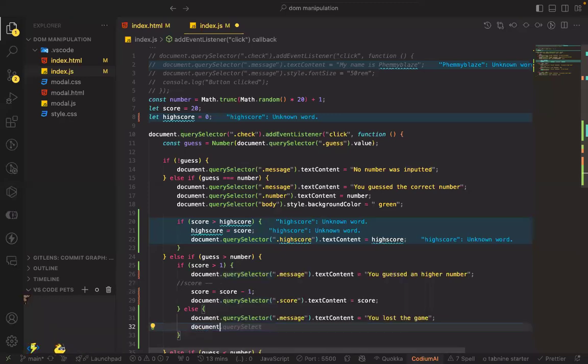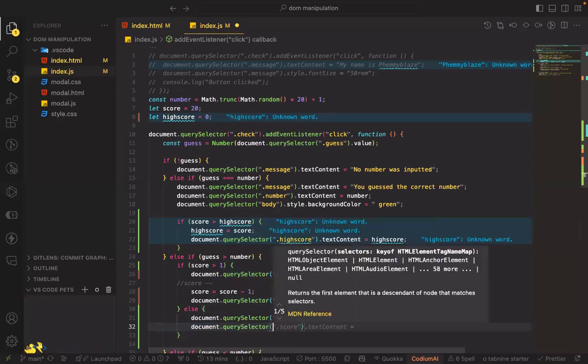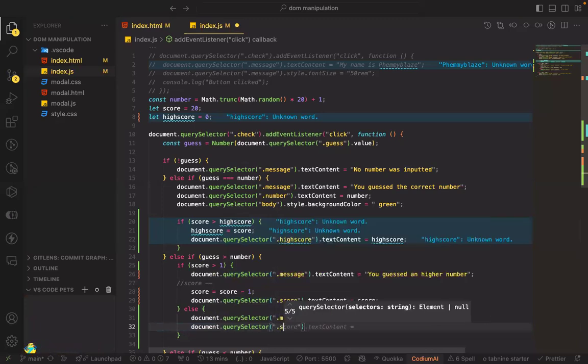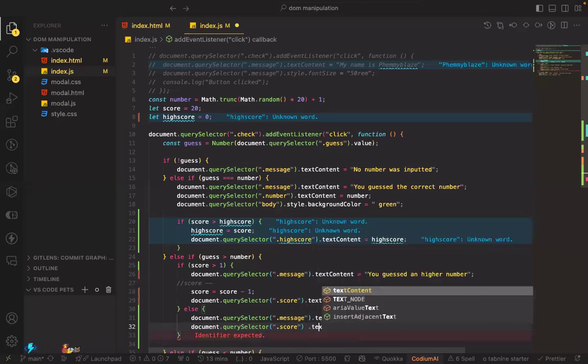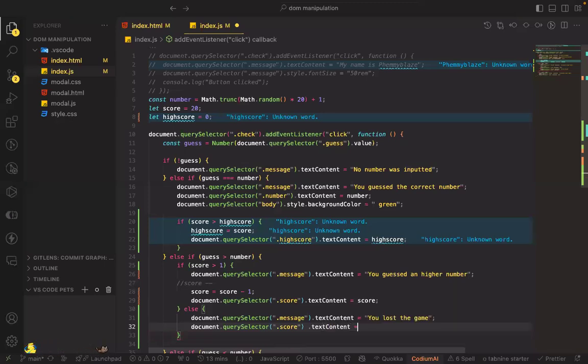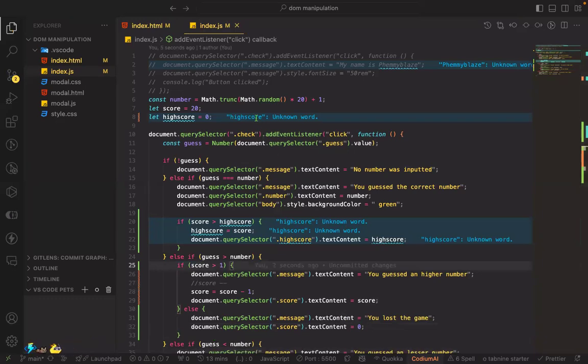You do document.querySelector dot score dot textContent equals 0. Yes, so that's actually it. So you're actually saying the right thing. It's just that you didn't